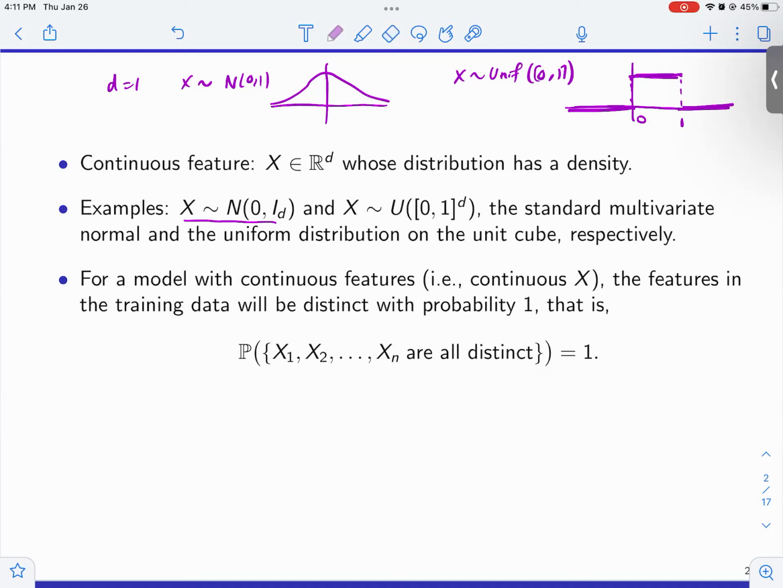So my training data would be, remember, x1, y1, x2, y2, up to xn, yn. If I look at the set of all x's, these are going to be distinct with probability 1. That's a fact of